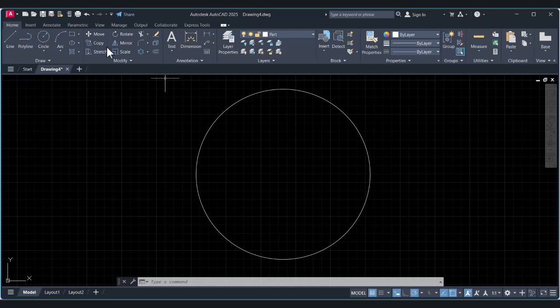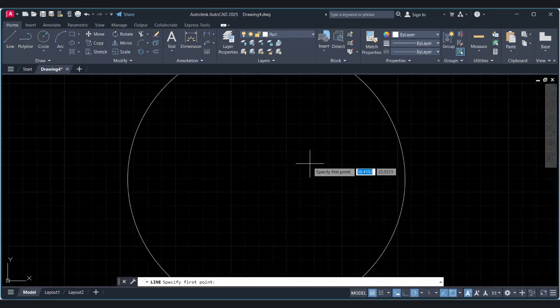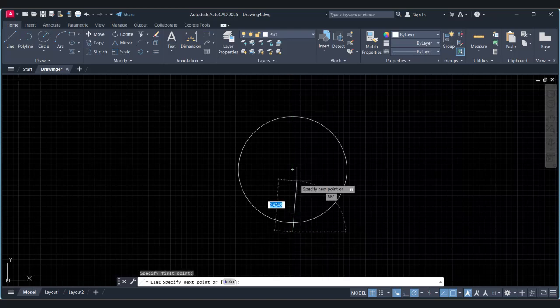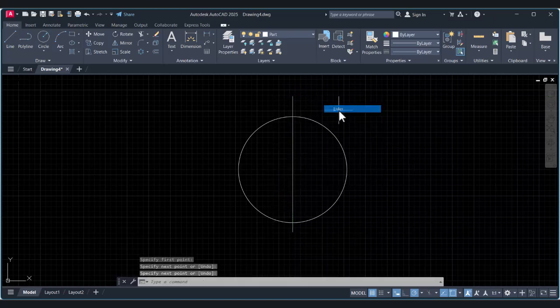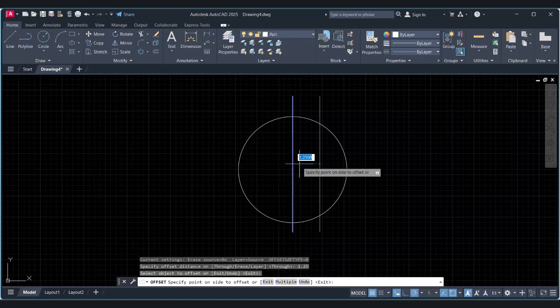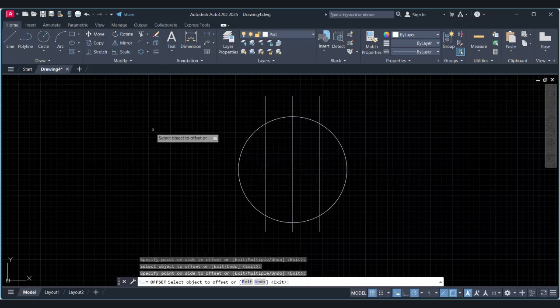So I'm going to draw a line, and for this line first we have to drag this center point like that, and then draw a line like that. So just drag the center point and draw this line, and no offset, 1.25. So it's 1.25. So like that, and also like that on this side and on this side.